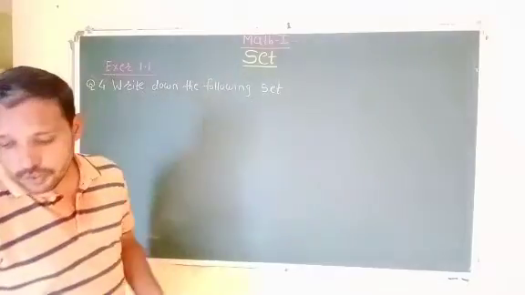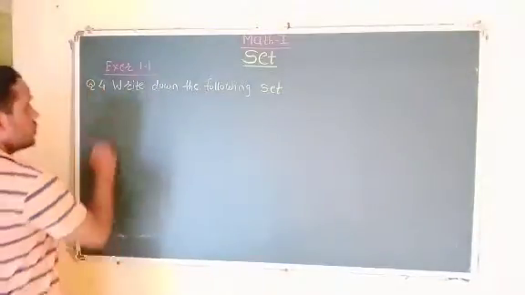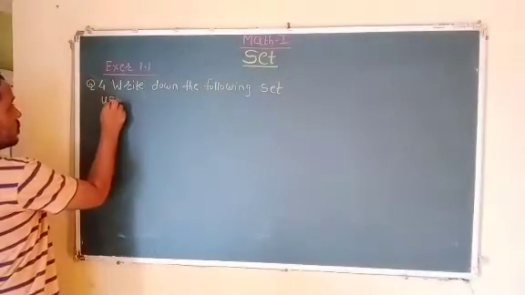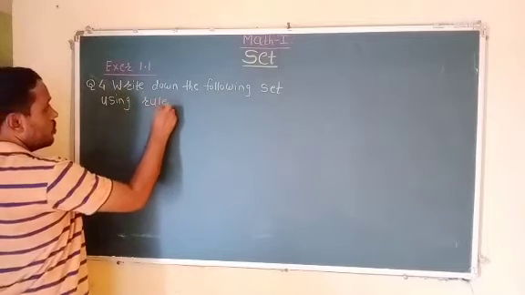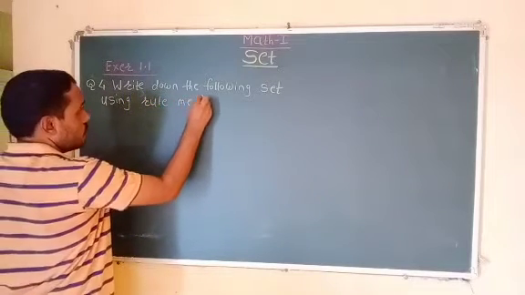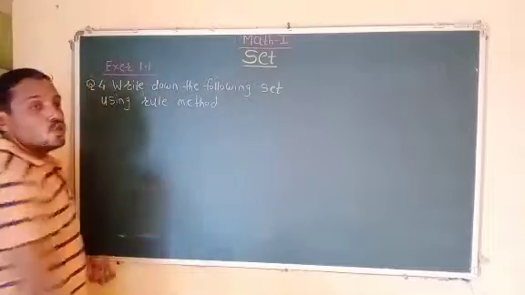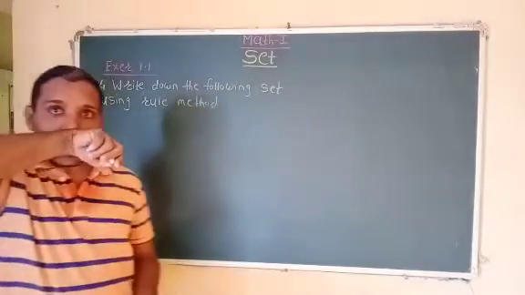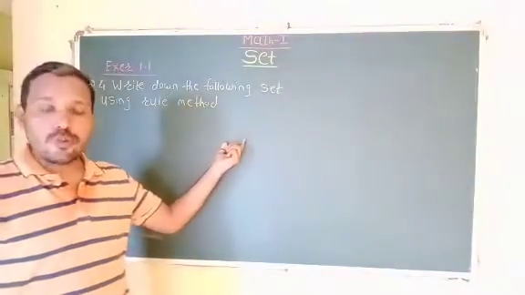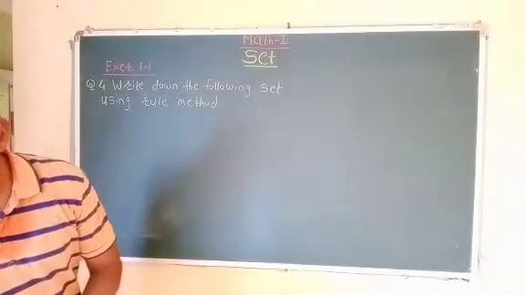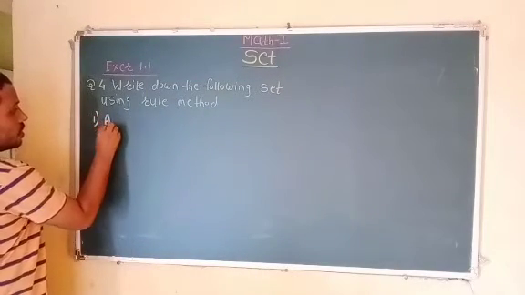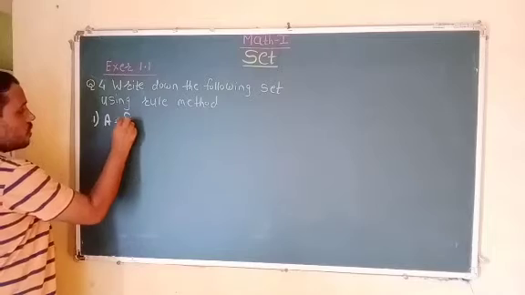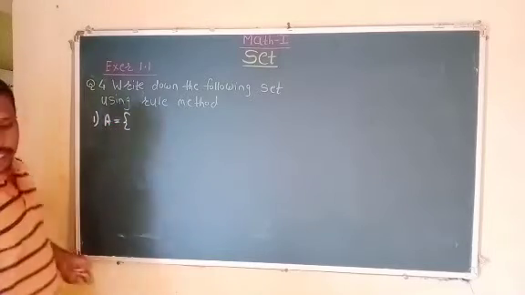Write down the following sets using the rule method. We can get the set by using the rule method. So, the first sub-question is: A is equal to, in curly brackets,